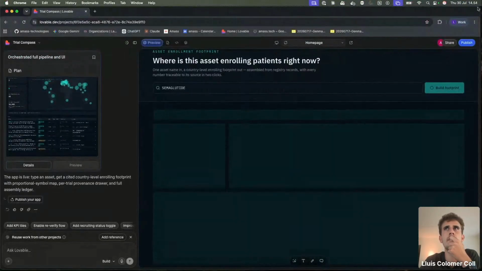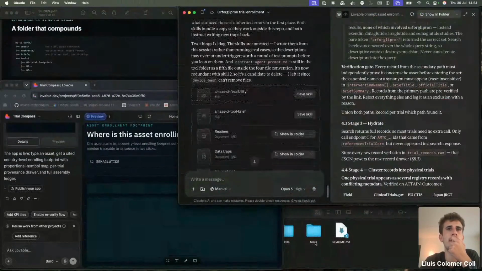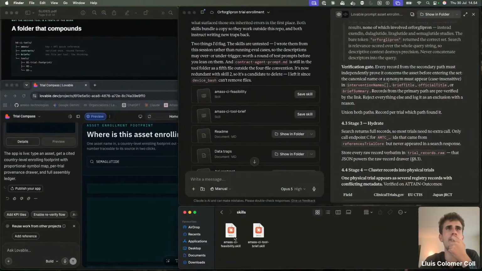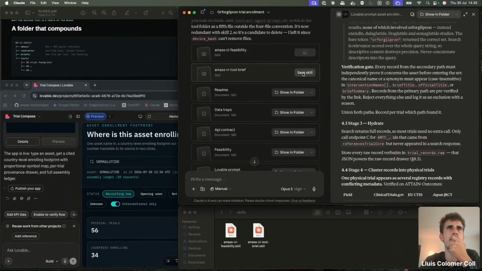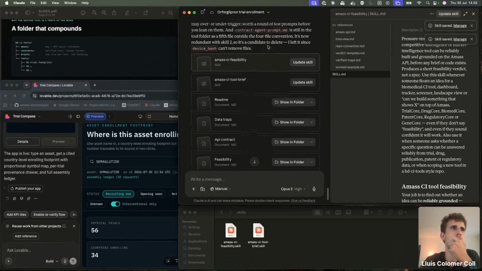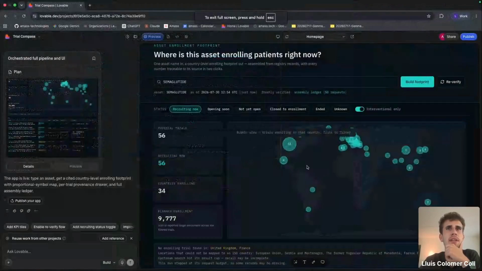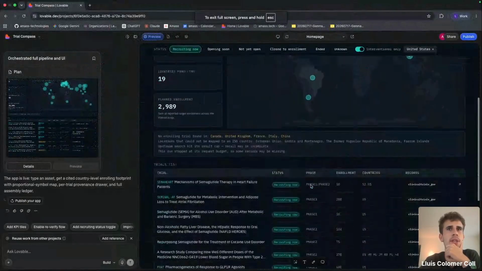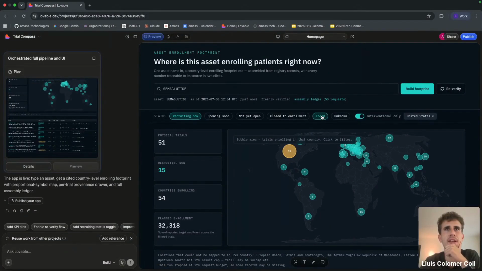And then we can see that this finished, that now we have the whole foundation built, that we have 2 skills here. So we can save them. Sorry, one step at a time. Let's go back to here. We can see that with semaglutide, of course, there are way more trials. But again, it's the map. Those are the trials that are actually recruiting. Those are the trials that ended.